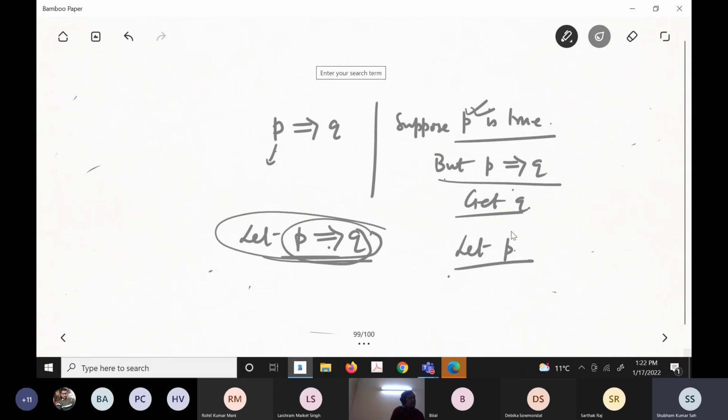Some of you are given assignment, and students often make mistake, they write that. So be careful about what is your hypothesis, and after the hypothesis what you are getting. This is the logical thing. P implies Q and let P implies Q, they are different. Here you are assuming the whole thing, let P implies Q. Here you actually have P, then Q is true. So that is one thing you should understand.